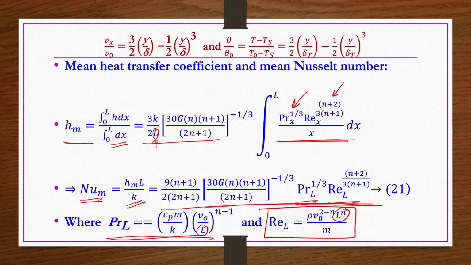Fine. So, that is all about the thermal boundary layer thickness and the corresponding heat transfer coefficients and Nusselt numbers, both local and mean heat transfer coefficients, and mean Nusselt numbers, local Nusselt numbers, etc., those derivations we have done. With that, we complete the thermal boundary layer thickness of non-Newtonian fluids as well. Now, what we do, we see